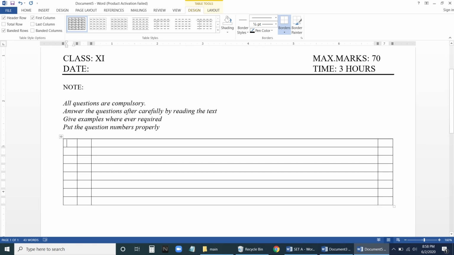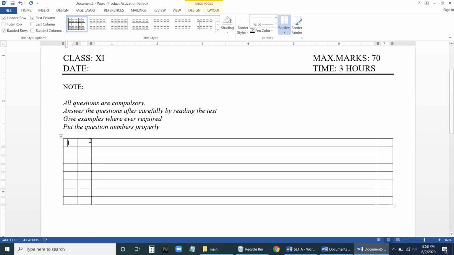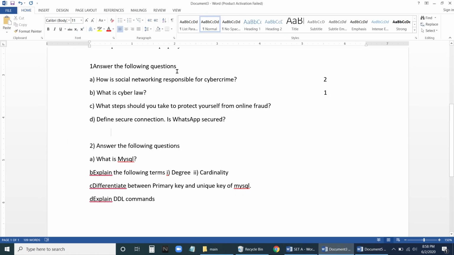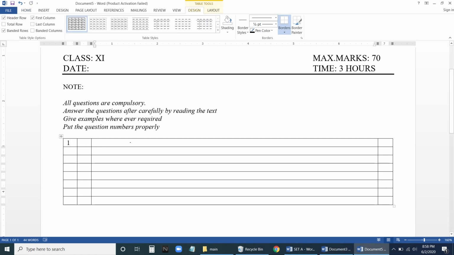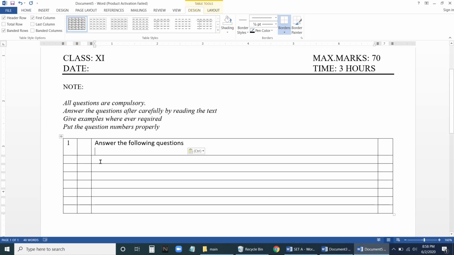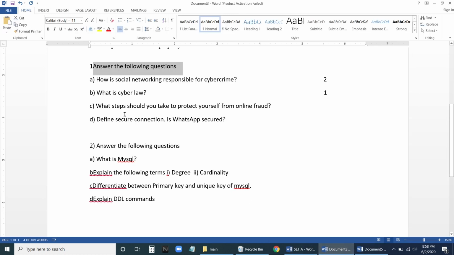Now I will write the question number 1 here. So I'll copy this question here, Answer the following question, to my question paper. Then I will copy the first question. In this A, what is the A question?